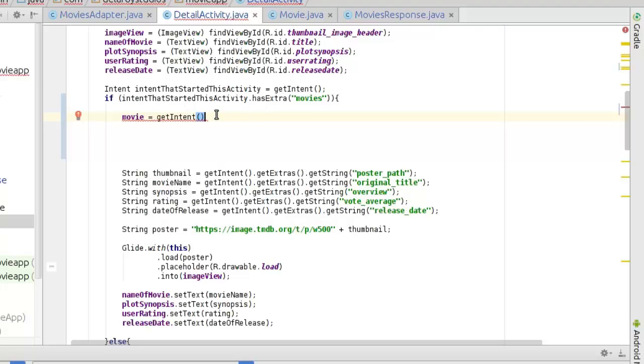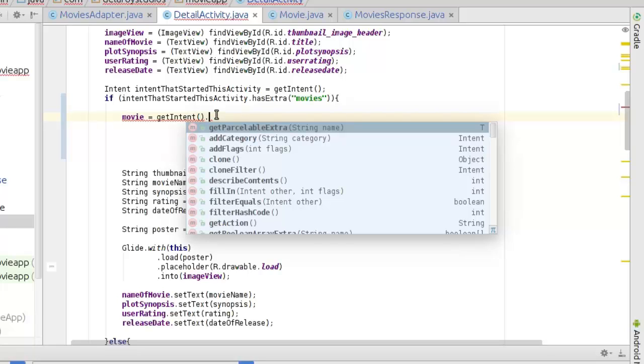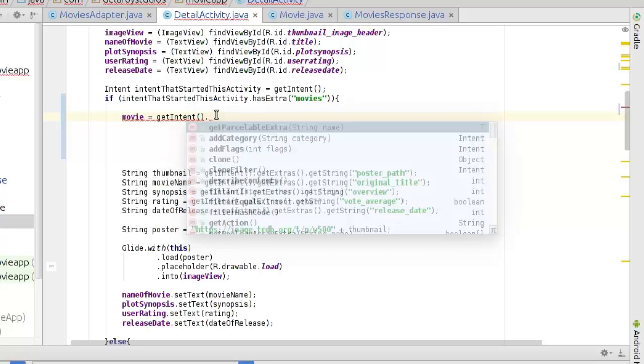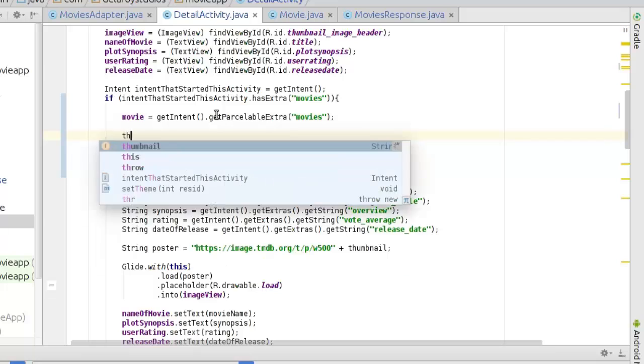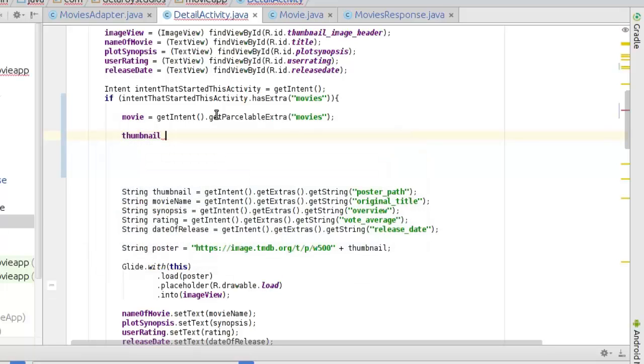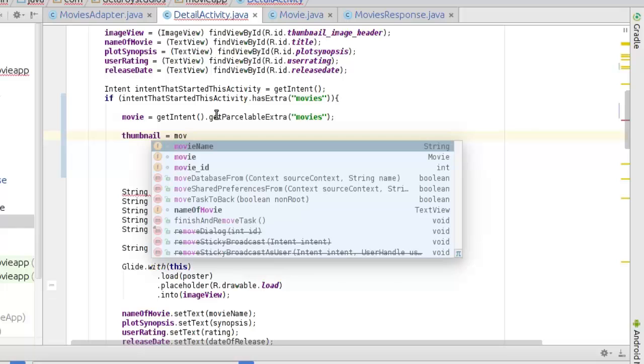Now we can call get parcelable extra with this. And we also pass the constant movies, which is the key. Now you've passed all the objects right into the movies object right there. That's just what you've done, and this is going to be the point of your call. Now call on the thumbnail, which is the first, call movie,